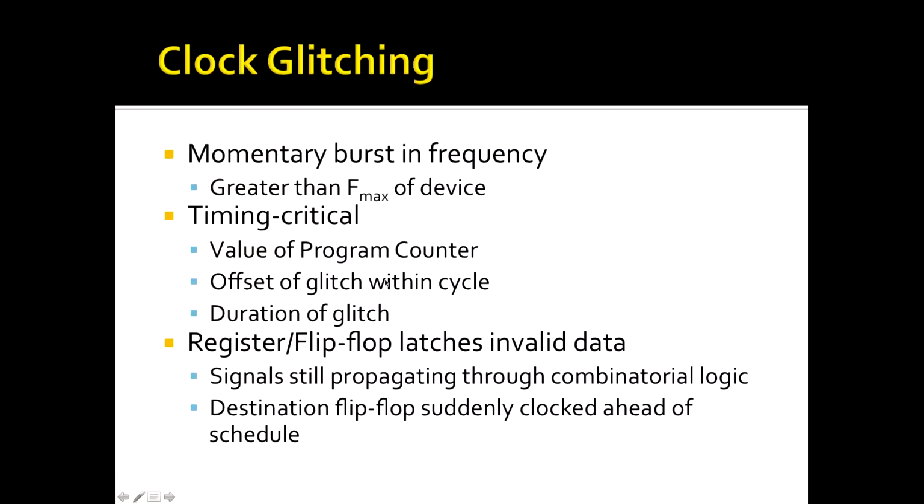The glitching is timing critical, so the value of the program counter, where the CPU is in its overall execution of its program, you need to know. If at the specific point you think it's going to be doing a compare, or you know it's doing a compare, you want it to land there. Then, where in the actual compare instruction do you want the glitch to hit? That's your offset of the glitch within a single instruction. And then finally, how long do you want that pulse to last, which was that third duty cycle or third phase shift wave in those diagrams, which determined how long the actual pulse lasted.